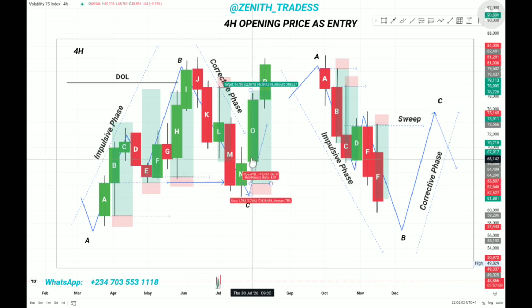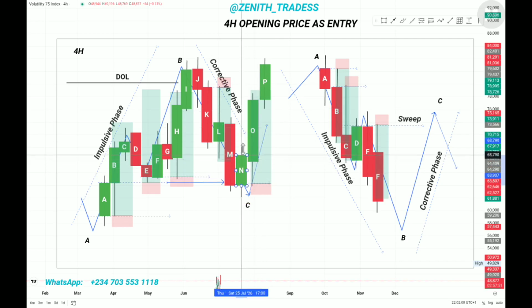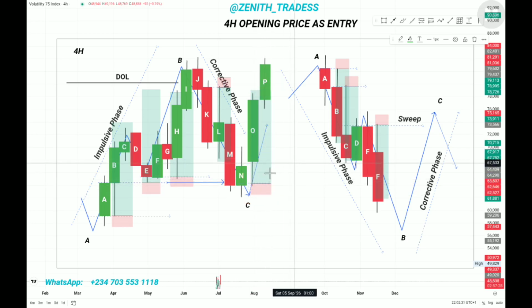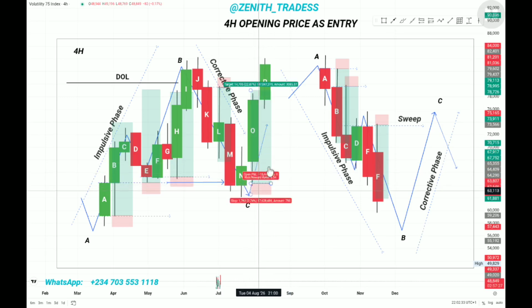Candle N opens, tags the opening price of candle M, and now it pushes bullish. The reason why with candle N we did not wait for it to be a directional candle, probably closing above the high of candle M, is because we saw it at the end of a reaction leg. This is a minor reaction, this is a major reaction. So any candle that forms at the end of a reaction leg, the opening price is high probability. That's why we enter from the opening price of candle N, and candle O gave us